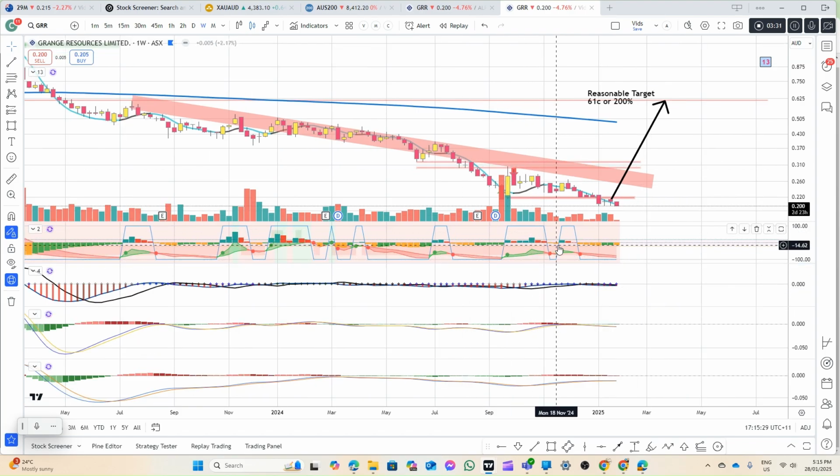In terms of indicators, this is my favorite indicator, this one here. What I like to do is wait for the indicator to turn green on these bars and make sure that it is in fact under the minus 25 mark. If it turns green, I tend to start getting bullish. That doesn't mean that I'm buying straight away, but it means that I'm looking on a shorter time frame for a buy signal. And you can see in this area here